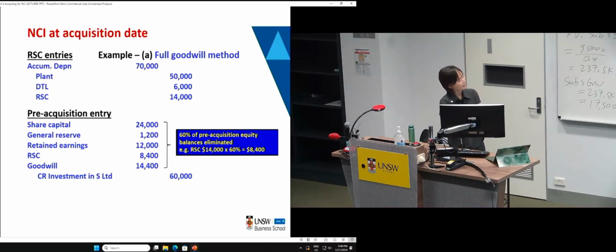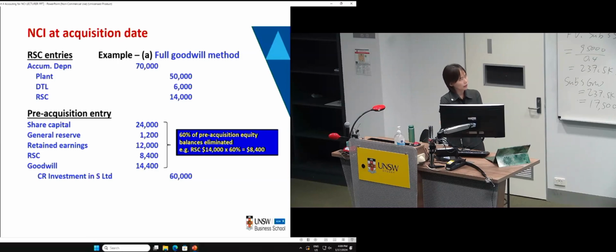But hang on, this is a credit plant of 50,000. That is because in the second step, you have a debit plant of 20,000. Combining credit plant 70,000 with debit plant 20,000 gives a credit plant of 50,000. Now it's really up to you to do two separate entries or a single entry. The debit plant of 20,000 is to adjust the plant from its carrying amount to fair value. So fair value is 20,000 above the carrying amount.